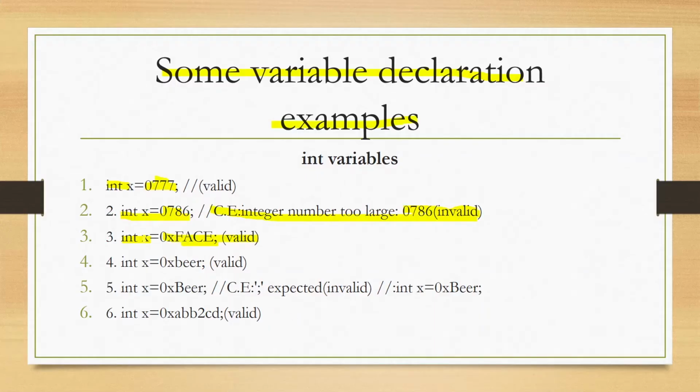Let's move on. Here if you are trying to run int x equal to 0xBEEF, if you assign this, it would work too, just like the previous one. And if you try to assign it like this here, you would get an error. So you can try executing all of these codes. The valid ones would work and the invalid ones won't work.